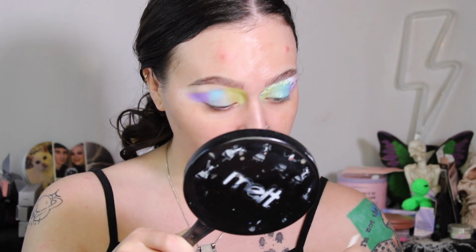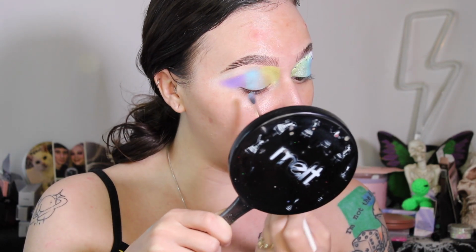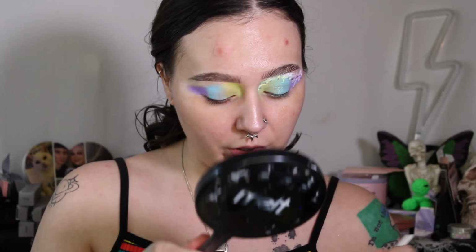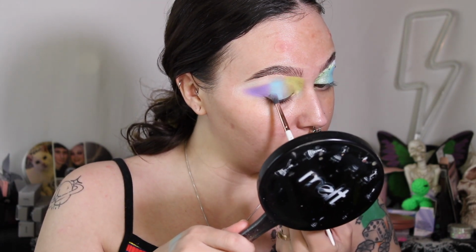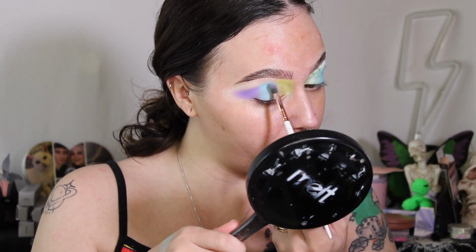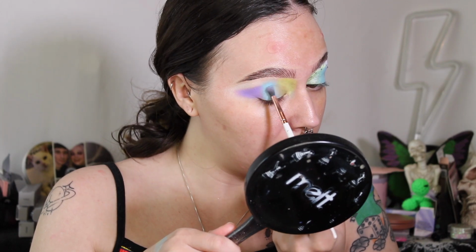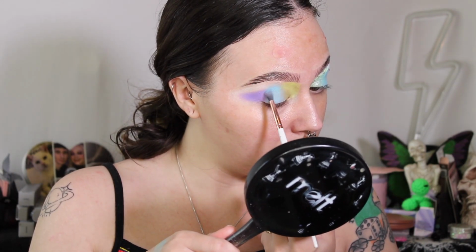And I do have to tell you, I'm going to use the lip oil. I got the Sugar Spun lip oil, and there is another one that is on the way that I'm really excited about. But Sugar Spun smells so delicious. It smells like cotton candy, but it's not a heavy scent. It's quite nice. Okay, so I'm just going to blend through,